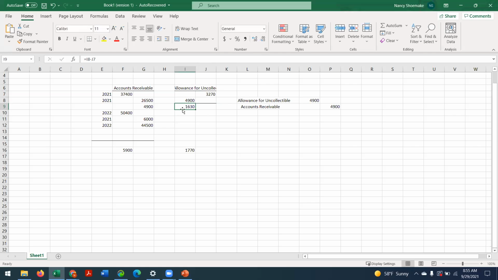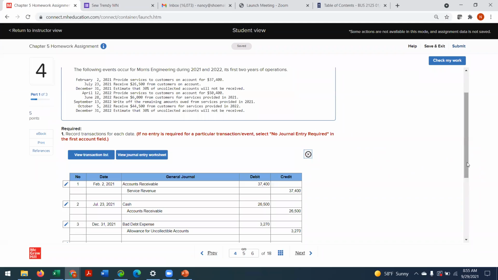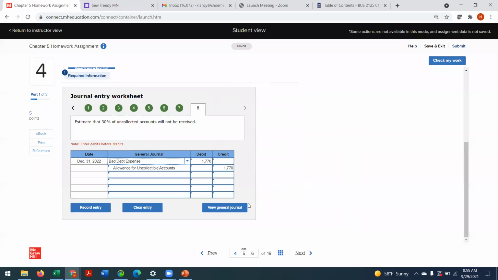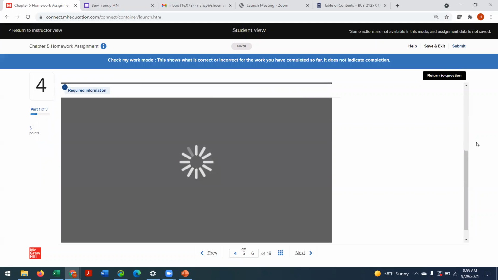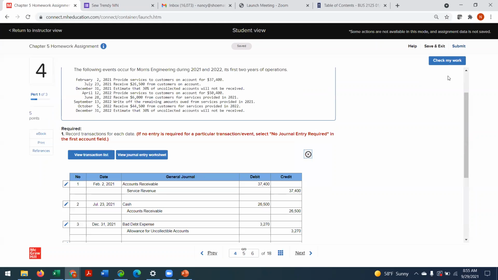This should normally have a credit balance. So we're going to need to add the 1,770 plus this 1,630 or 3,400 to, here, let me return to the question, 3,400. Let me just confirm it. I don't want to lead y'all astray. I might have gotten ahead of myself from where we were in the PowerPoint. Yeah, 3,400. So what happened, guys, in this scenario